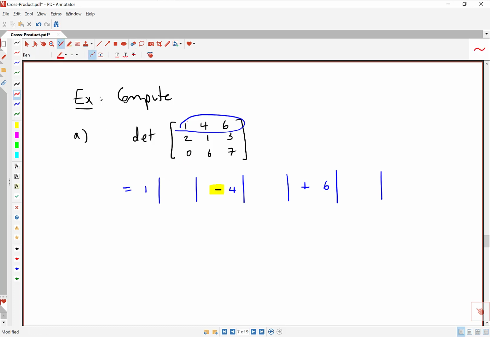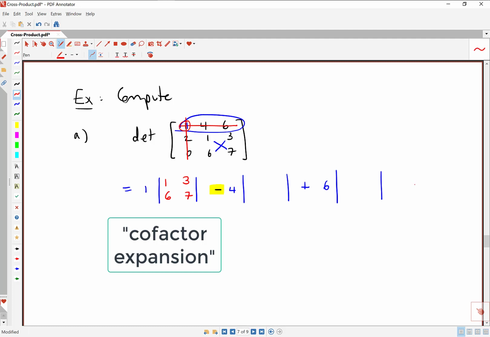Looking at the first entry here, the 1, let's cross out the row and column containing the 1, and that leaves us with the 2 by 2 matrix 1, 3, 6, 7. Working our way across the top row, we get to the 4, and we cross out the row and column containing that 4. That leaves us with the little 2 by 2 matrix 2, 3, 0, 7. So we're going minus 4 times that 2 by 2 determinant. Then continuing across the top row, crossing out the row and column containing the 6, the 6 gets multiplied by the 2 by 2 determinant 2, 1,